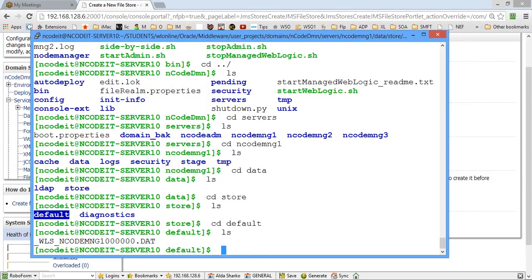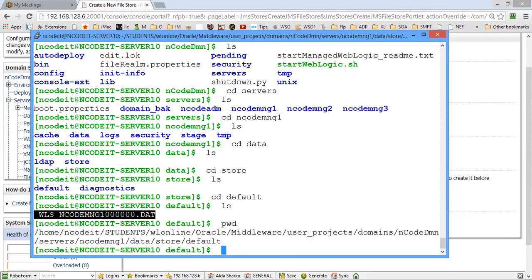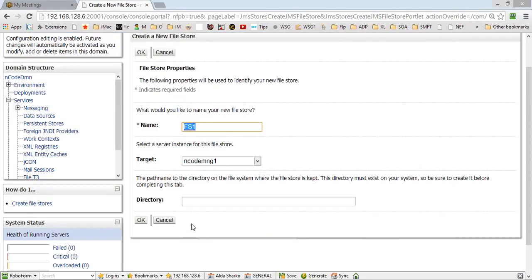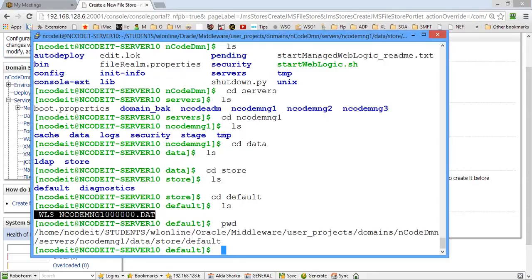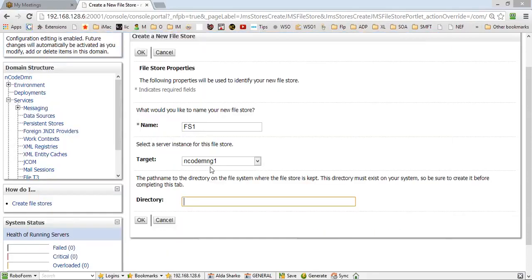Alright, this is a default store. Along with this, fs1.dat also gets created once you put messages into it. Alright, this is a default location. Means if you don't specify anything in here, a directory gets created here, and it's usually the practice. You don't really specify a location. So let's say I'm targeting to mng1, this fs1,